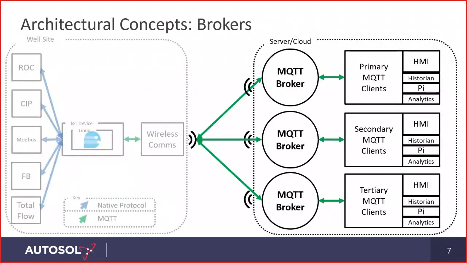So if we go to the server side here, eACM can also now support multiple broker connections. So you can send it to 1, 2, 3, 4, 5, however many brokers you want, and they can be in different places. One broker can be a local broker on site, another broker can be in the cloud, it can be an Azure broker, or you can have it back on your main SCADA server. You can mix and match the